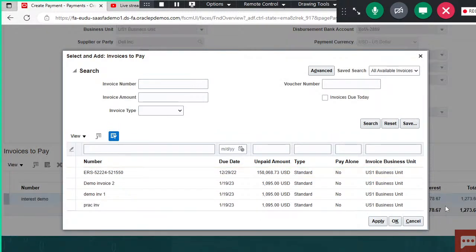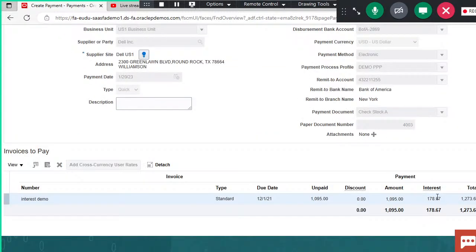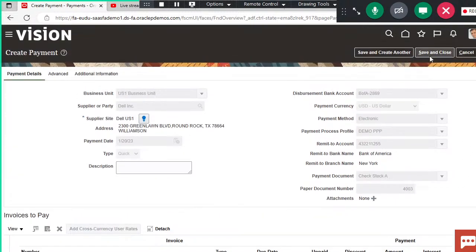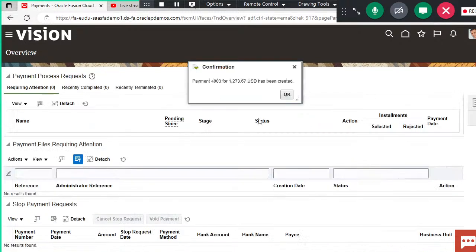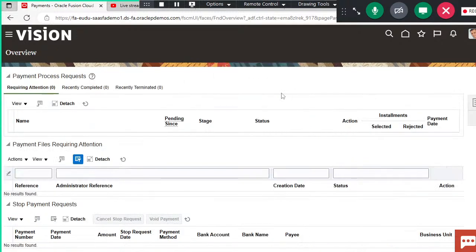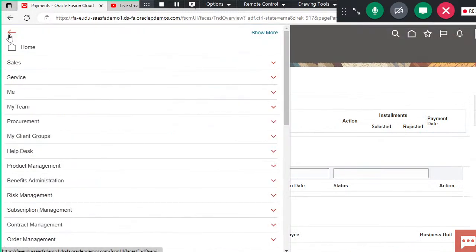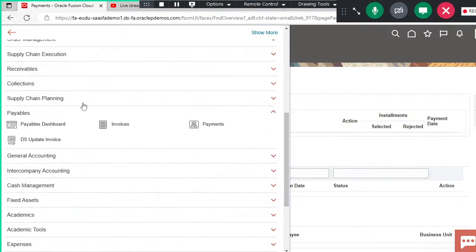You can see here the interest has been calculated accordingly, automatically. Now after this, just save and close. And when you save and close, when you go back to your invoice work area, you can see interest invoice has been created automatically by the system. So let's go to the payables and then invoice work area,